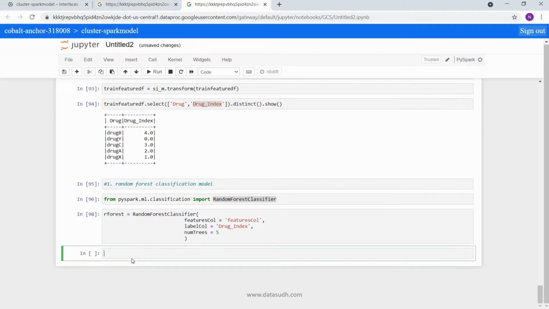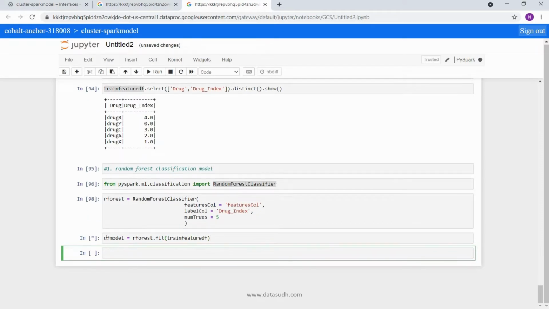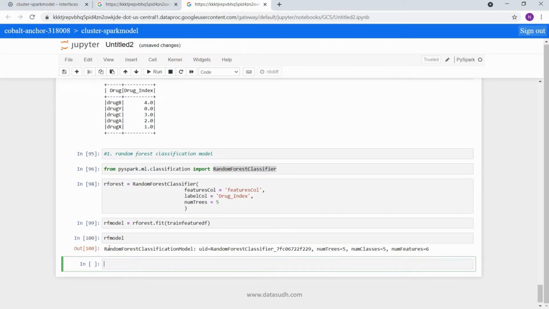Now we are going to fit it. I am going to fit this object to my final data set. This will give me my random forest model, and I can validate this. So we have a random forest classification model created.